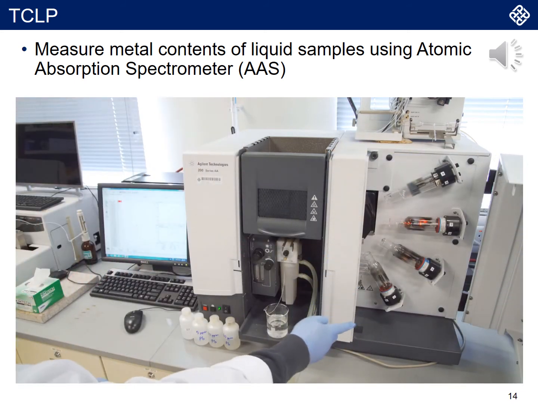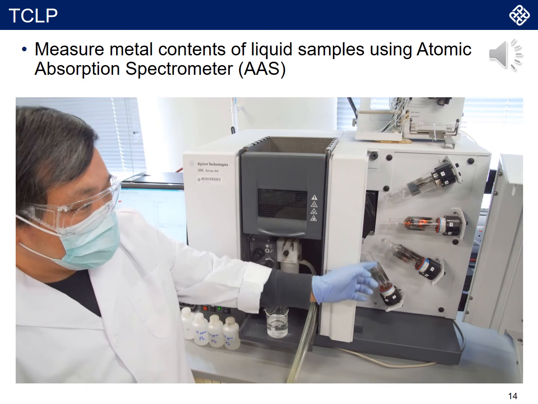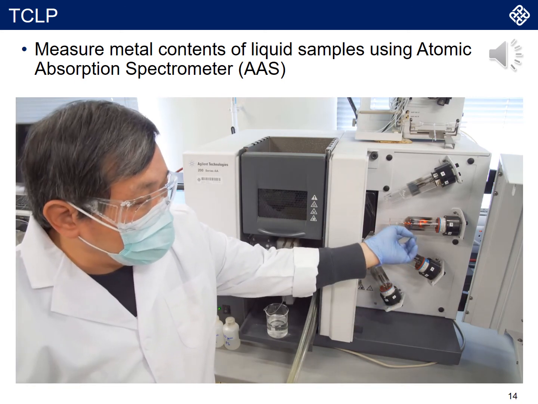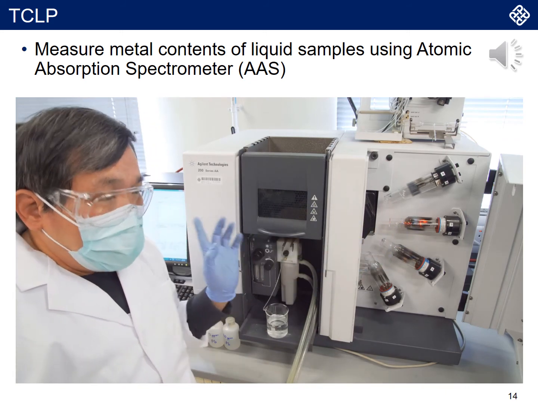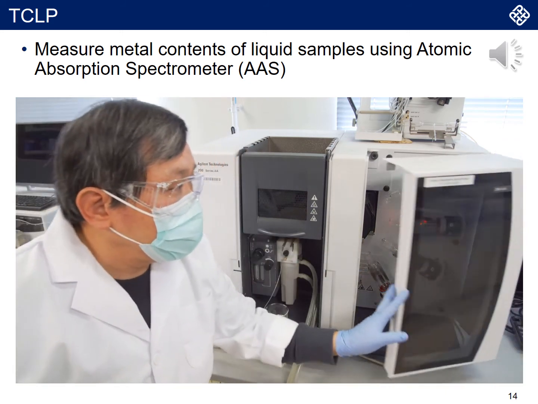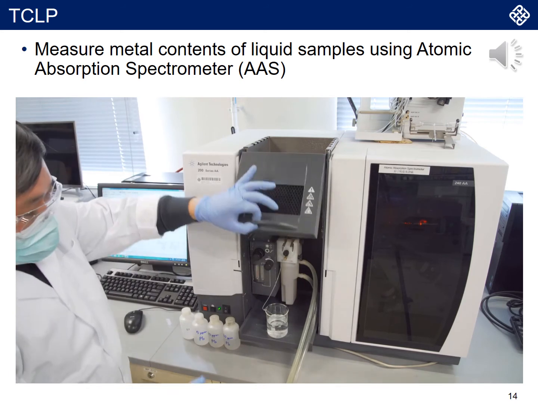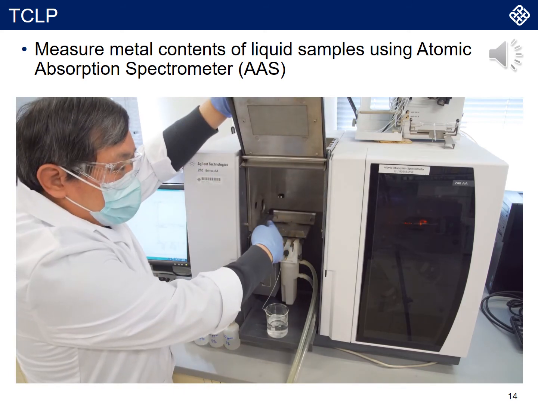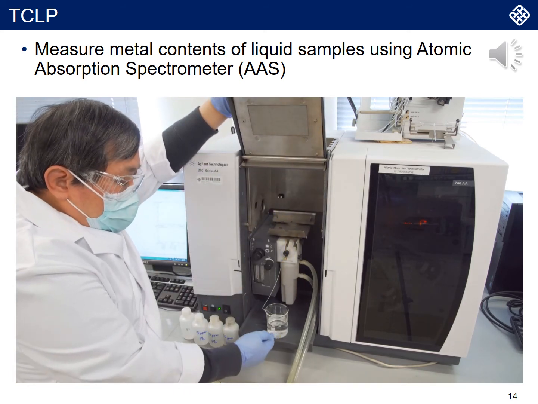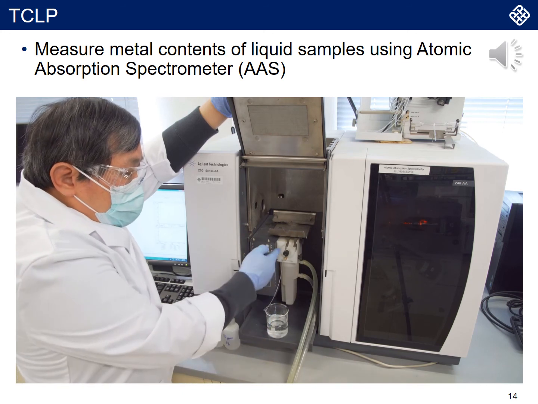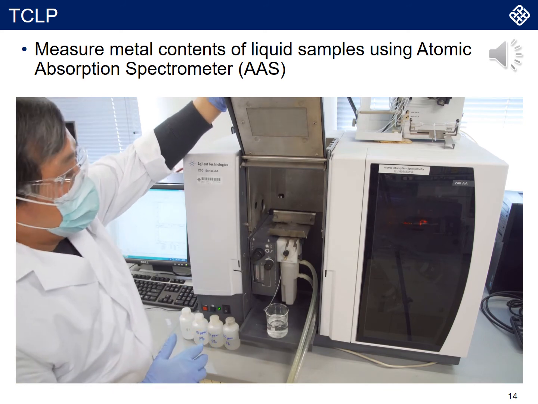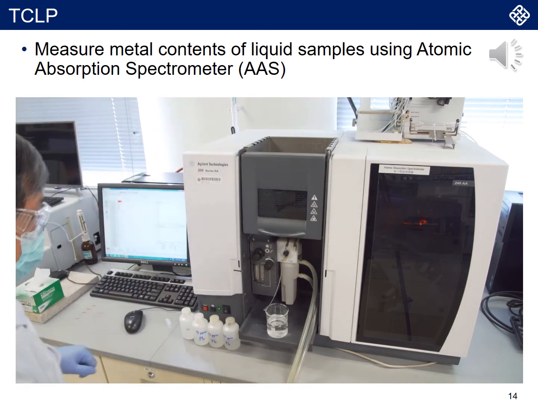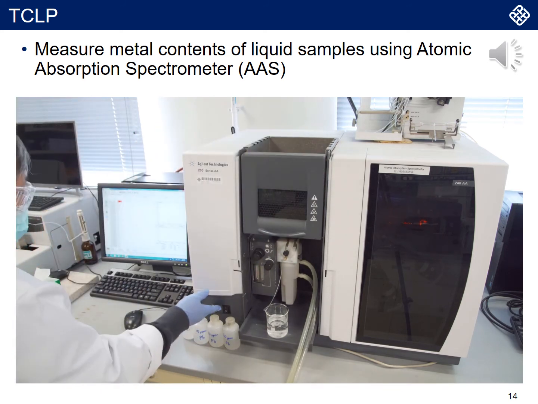You can see this compartment has a few different sensors which can detect different wavelengths of the light coming from the instrument. This part of the device is at high temperature, and the major mechanism is to withdraw that liquid and burn it out at